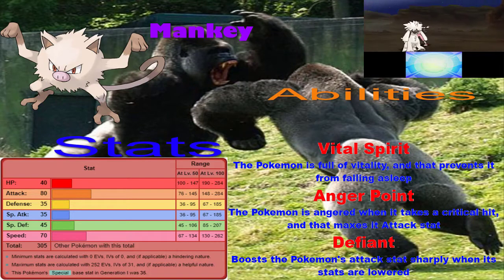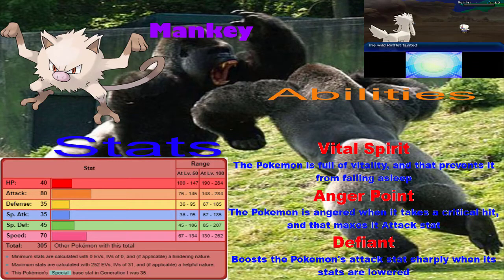Next up, in ambushes only, you have 2 counterparts, one of which can be found in Ultra Sun and one in Ultra Moon. In my case,